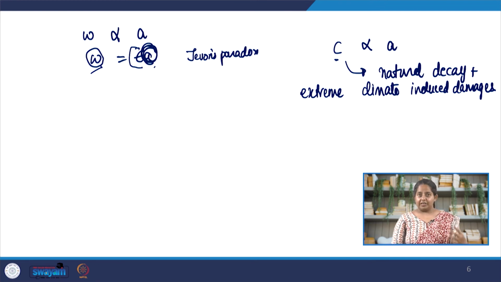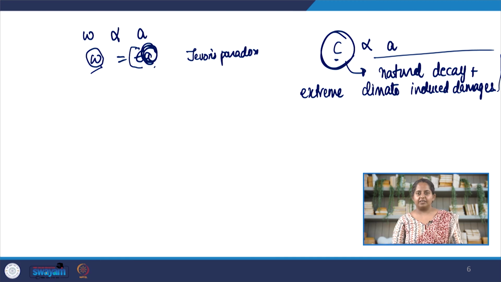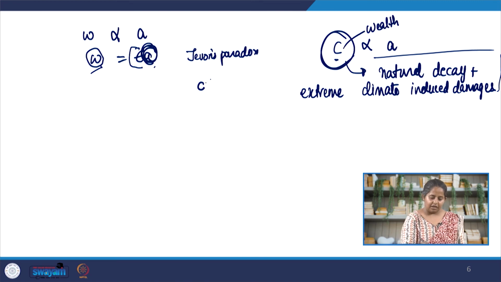What this model is very successfully able to show is that if we make our system more energy efficient, the A will continue increasing, the wealth will continue increasing, but because of the climate, because of the emissions, the extreme events will increase and the extreme event induced damages will increase. So here we introduce another term, which is the carbonization of the fuel term. C, small c, not the capital C. Capital C is wealth, remember, and small c is the carbonization factor.